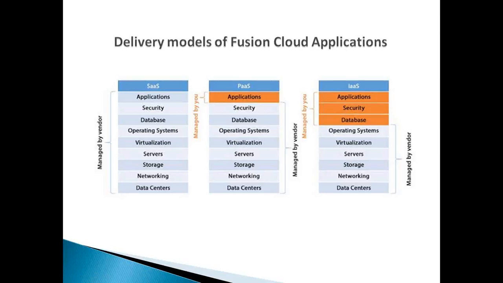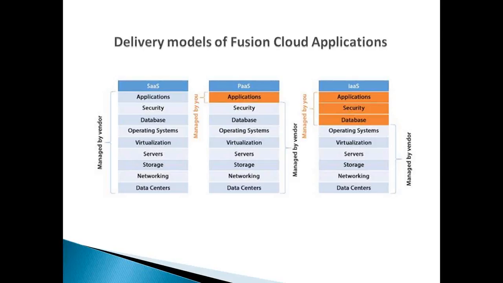Okay, then. My second question is on these three models of cloud computing, which option does Oracle go for? Is it for both options, for SaaS, PaaS, and IaaS? SaaS. Is it multi-tenancy or single tenancy? Most of the clients are using SaaS only. Yes, but what option is Oracle providing? Is it single tenancy or multi-tenancy?